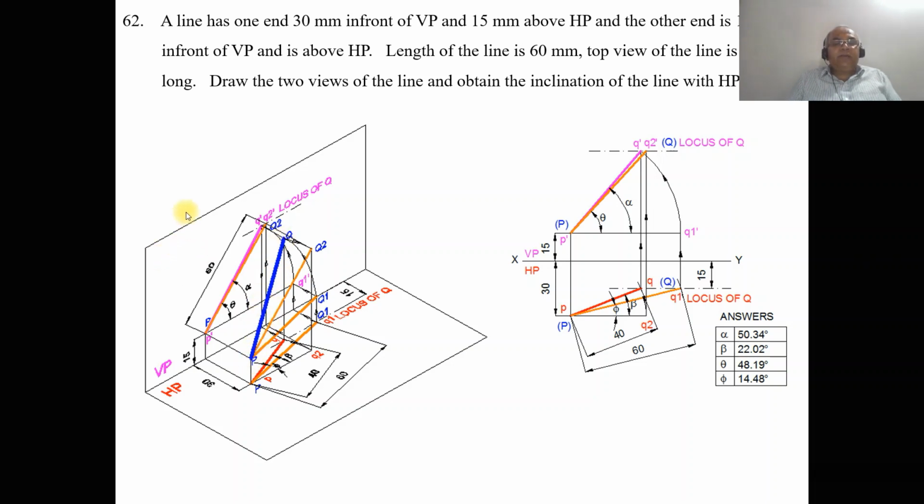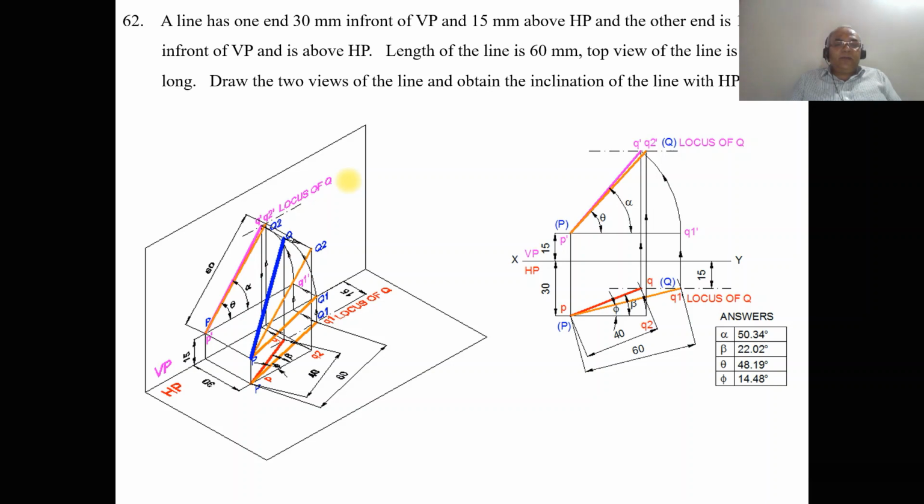But how am I able to get it on the front view? So when you look from the front view, as we are rotating with P as center, P Q1 as the radius, when you rotate it, what happens to the image? So the image also, in the vertical plane with P dash as center, taking the radius of P dash Q1 dash, is rotating such that it will cut on this end projector which has been drawn from Q, so that you get this point Q dash. Then join P dash Q dash with a dark line. So now we got the locus of Q in the front view.